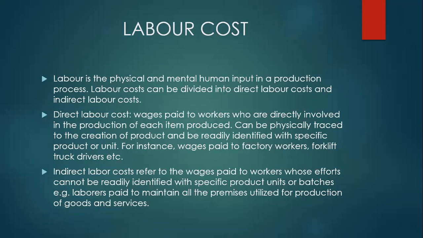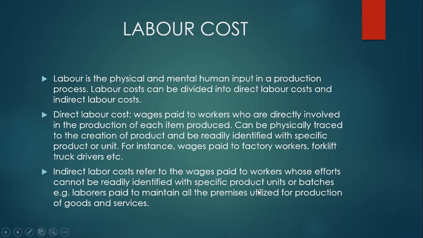Now let's look at labor cost. Labor cost simply is looking at the cost of employing labor. And that too can be direct or indirect. So direct labor costs are wages paid to workers who are directly involved in the production of each item produced. And you can physically trace to the creation of the product, because it's what? It's direct. Indirect labor costs refer to wages paid to workers whose effort cannot be directly or readily identified with